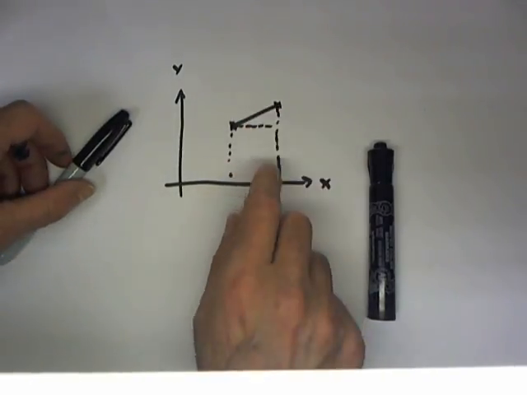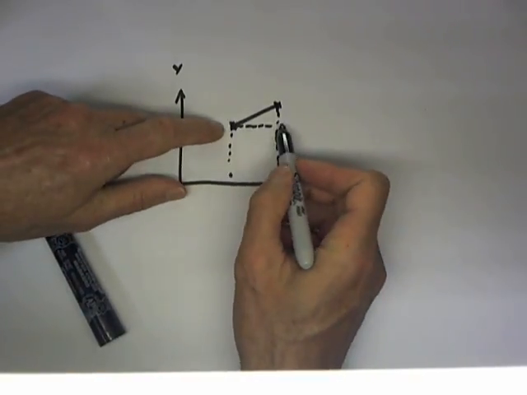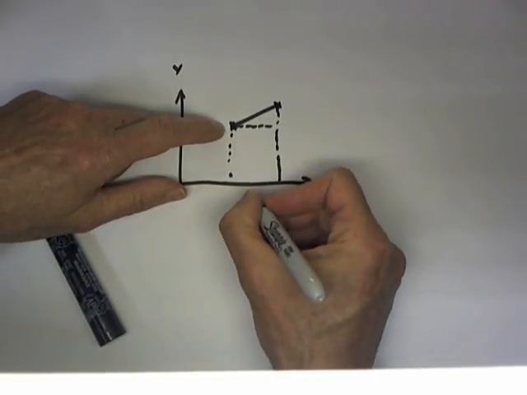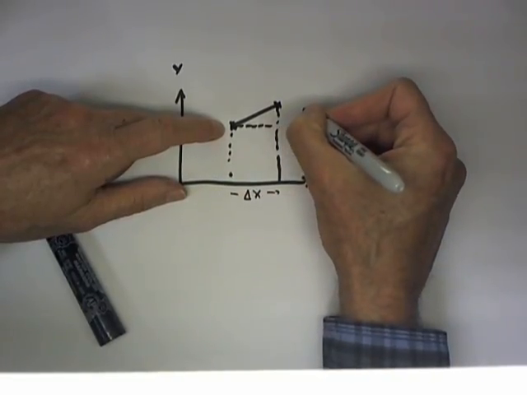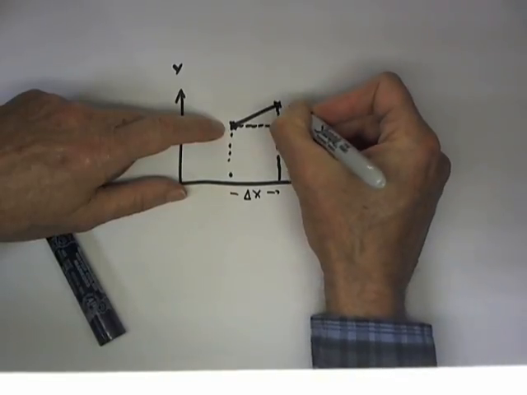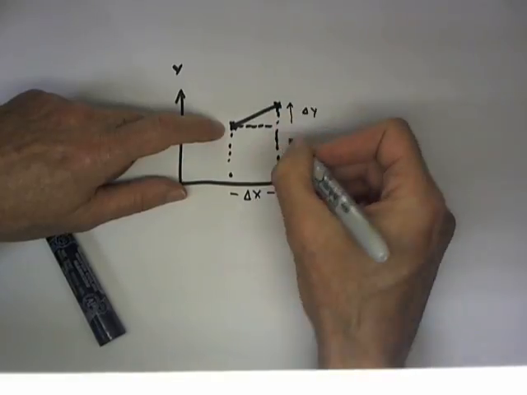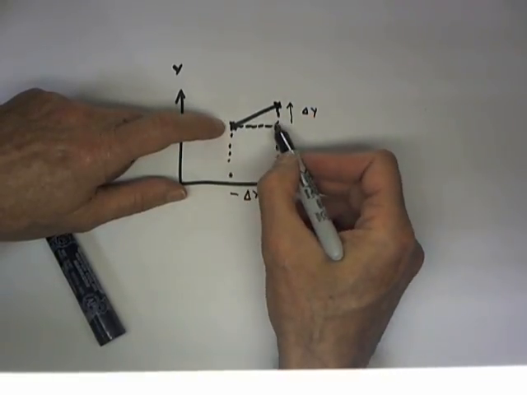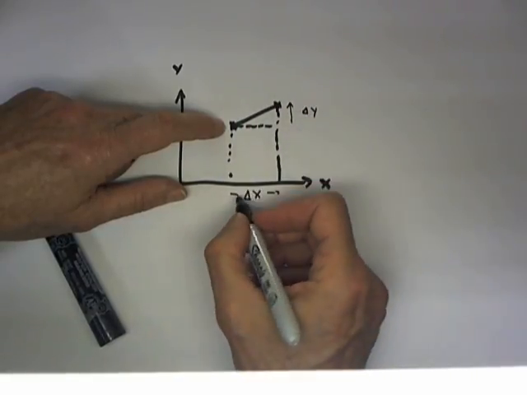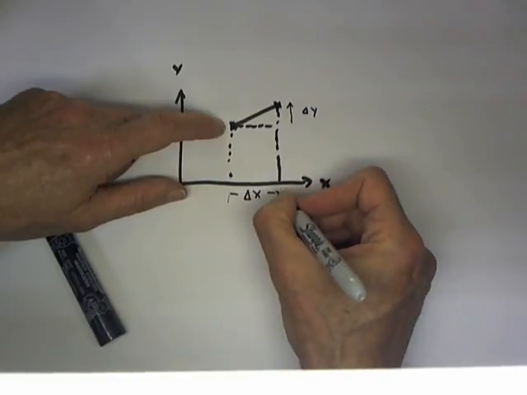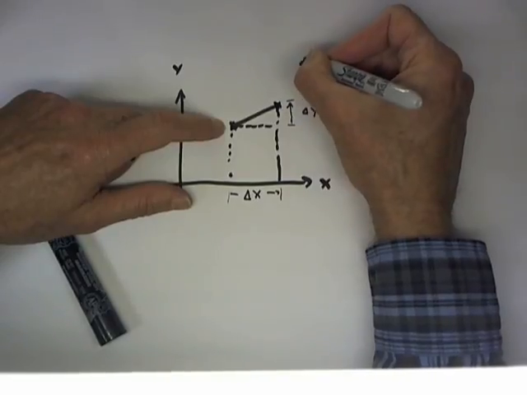If we have 2 points in the xy plane, and the horizontal distance between these points is delta x, and the vertical distance is delta y, and I don't mean horizontal distance and vertical distance, I mean horizontal displacement from the first point to the second, vertical displacement between the first point and the second. In any case, if these displacements are delta x and delta y, then the distance between the points